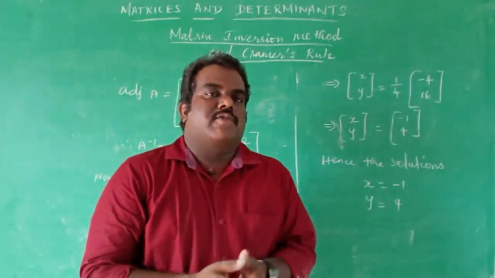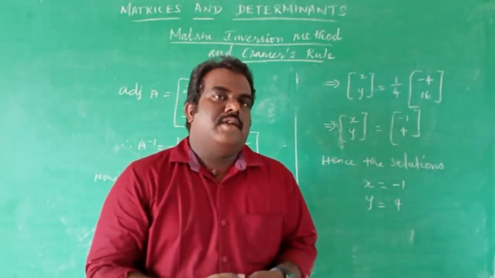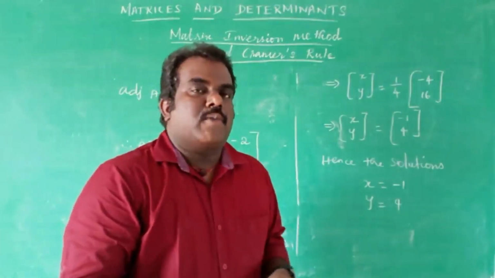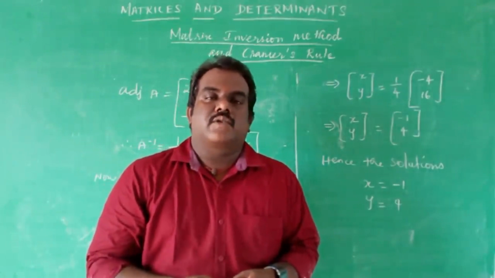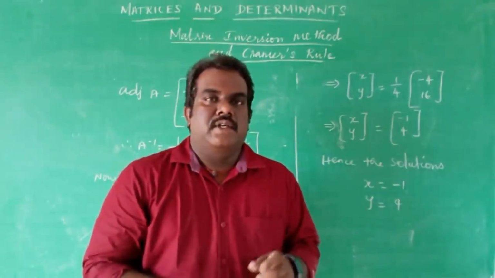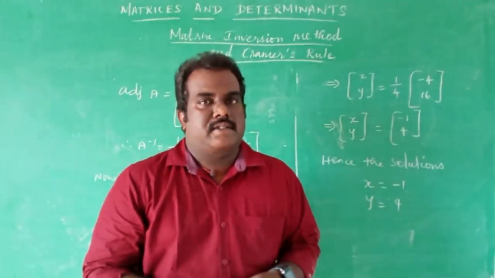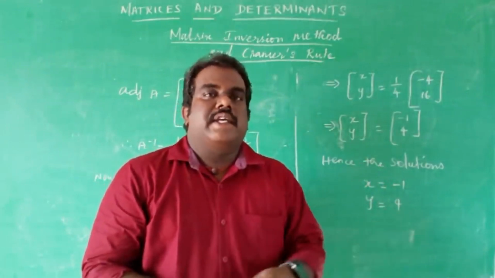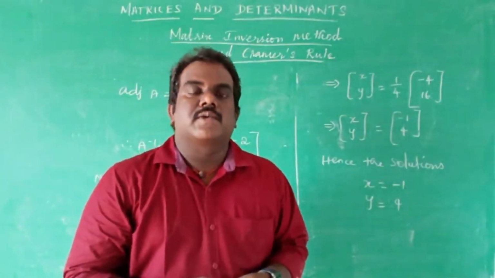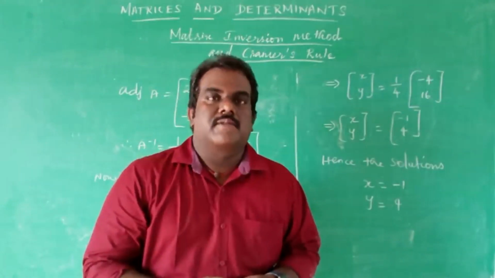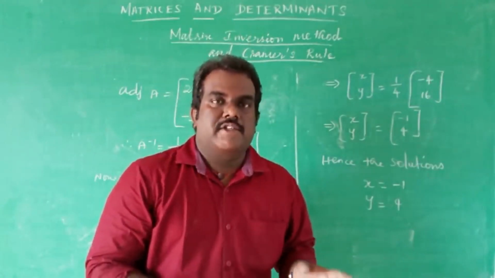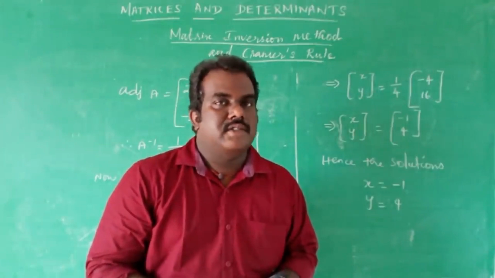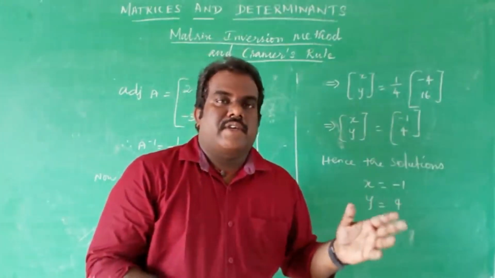The given system of linear equations, how to find the values of x and y, contains the matrix capital X. The given system can be written in the form of AX is equal to B, where A is a square matrix, X contains the unknown values, and B is one more column matrix. By using the matrix inverse method, we are going to use the formula X is equal to A inverse into B. Already we learned about A inverse. What is A inverse? A inverse is equal to 1 by determinant A into adjoint A. And first we have to find the determinant of the given coefficient matrix. If the determinant of the coefficient matrix is non-singular, then A inverse exists. Then we can go for adjoint A. Then write the value of A inverse.